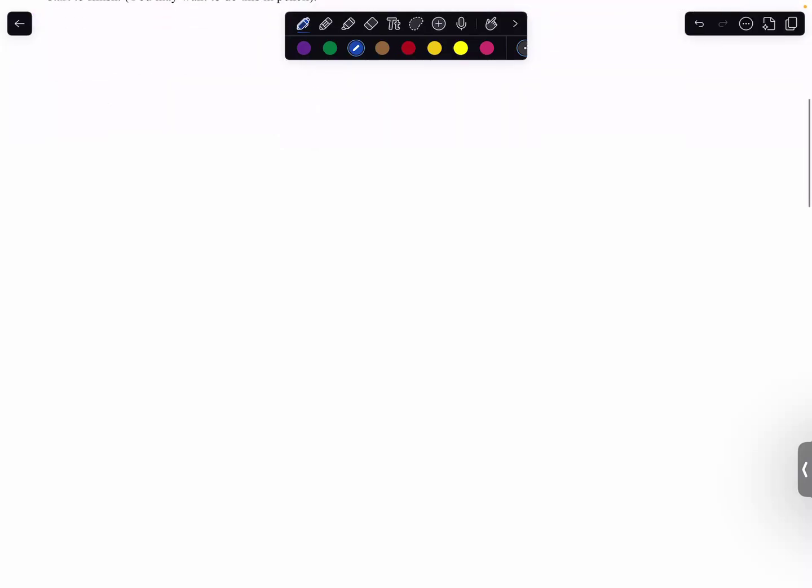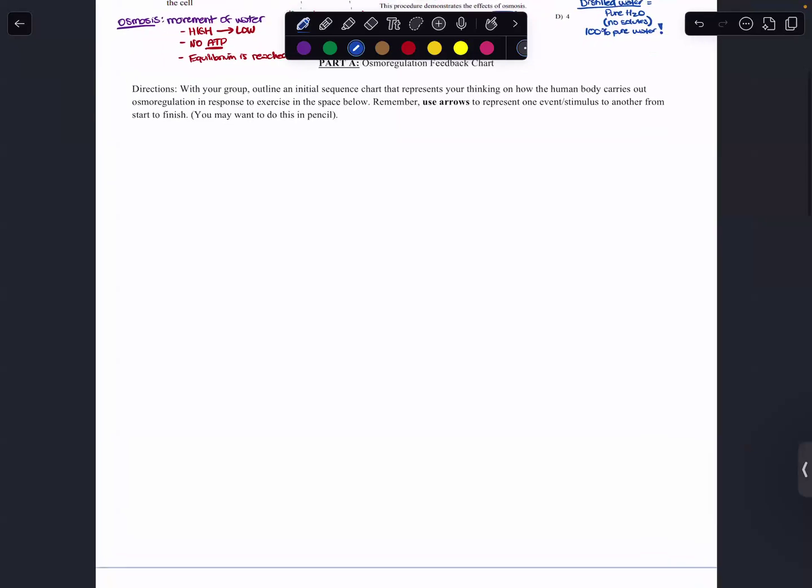All right. So I left you guys a lot of space, and you're probably wondering why. Because we need to make a feedback chart on osmoregulation, right? Which is water and salt balance. Now, anytime that I do a feedback chart, I like to start at the top and then rotate clockwise, right? So I'm going to just start with hydration, right? Drinking water,